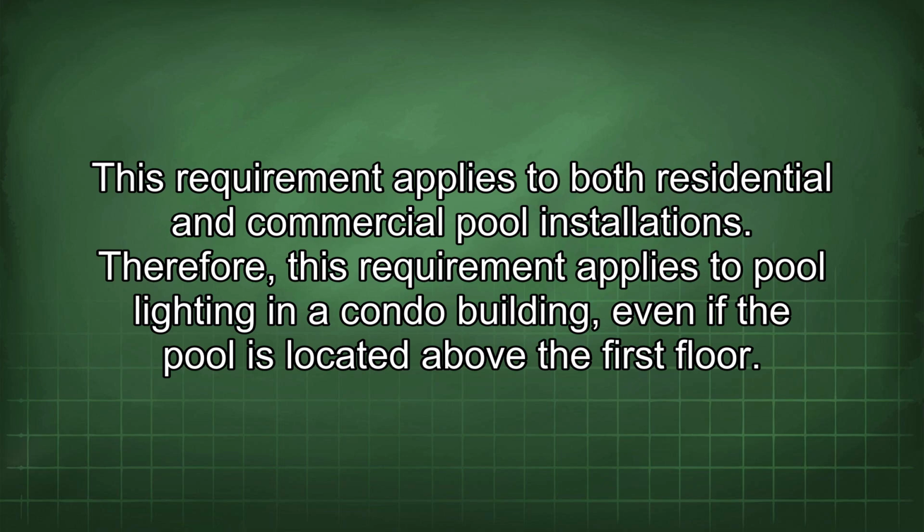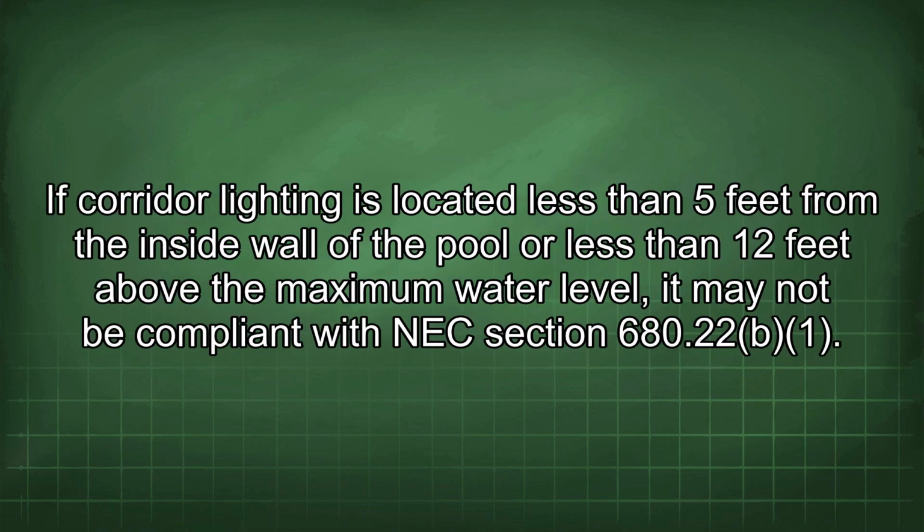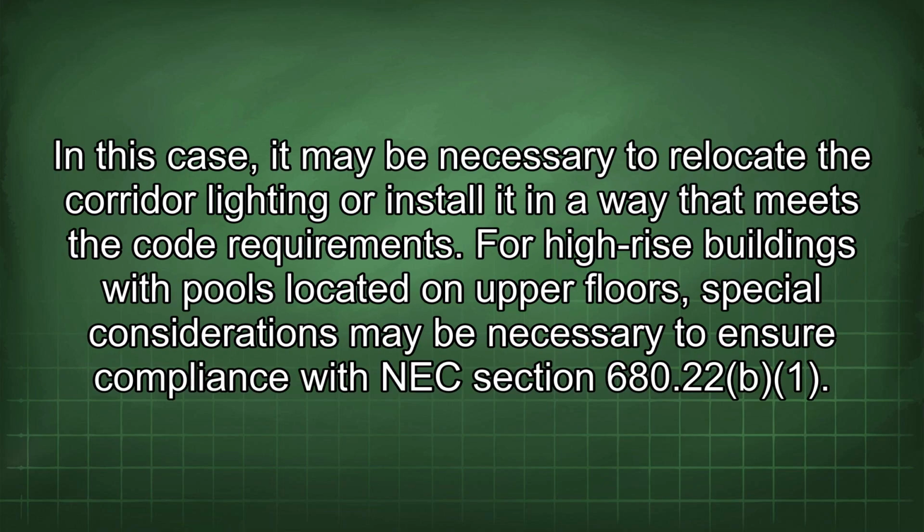Therefore, this requirement applies to pool lighting in a condo building, even if the pool is located above the first floor. If corridor lighting is located less than 5 feet from the inside wall of the pool or less than 12 feet above the maximum water level, it may not be compliant with NEC Section 680.22. In this case, it may be necessary to relocate the corridor lighting or install it in a way that